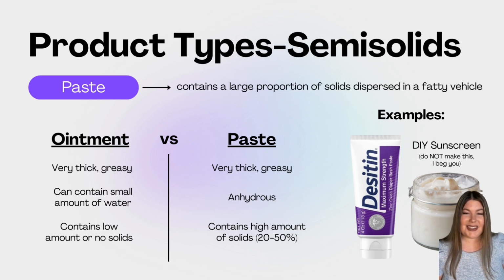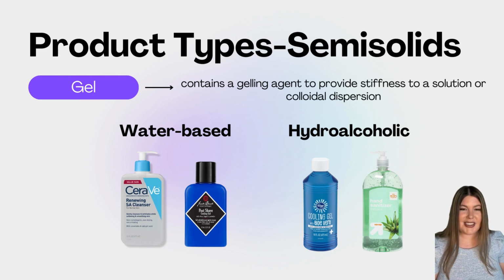The solid particles in here are zinc oxide, which is a skin protectant, and this helps to prevent some pretty angry looking baby skin. And another example I'm seeing more and more frequently on social media is DIY mineral sunscreens. These essentially blend together butters and zinc oxide you can just get from the store or on Amazon. I think for very obvious reasons this is an absolute no-go, but if you have questions about why, please feel free to email me. Lastly, we have gels, which contain a gelling agent to provide stiffness to either a solution